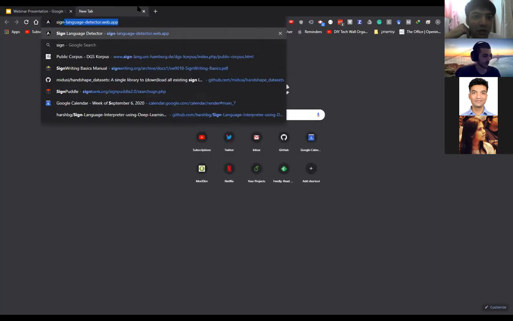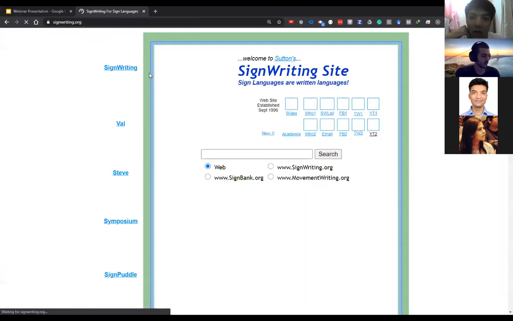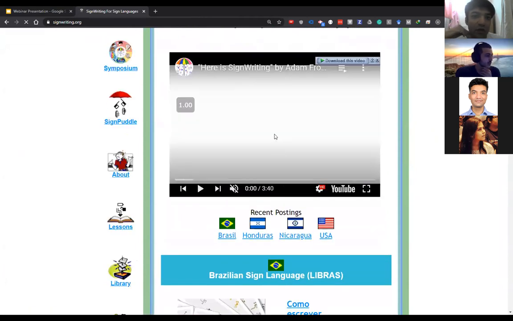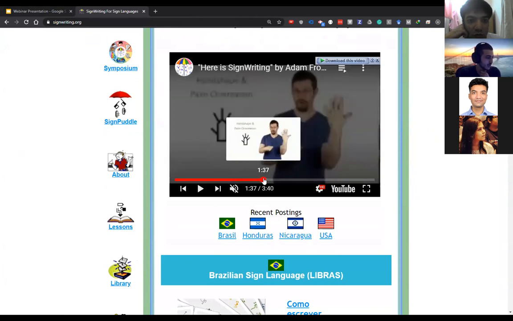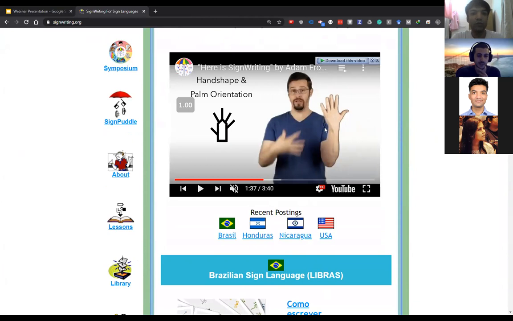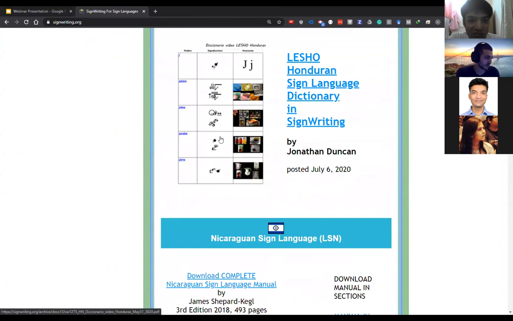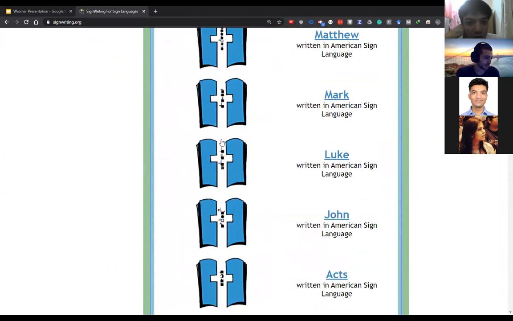Yes, sure. So, SignWriting. Let's see if we have some signs here in the video. So for example, right now he's holding his hand in a specific shape. So he's writing down the hand shape, and there are many hand shapes to write. If we go to something, it's like labeling, right? This is like writing down the sign language as a sort of text. I'm trying to find if there is a